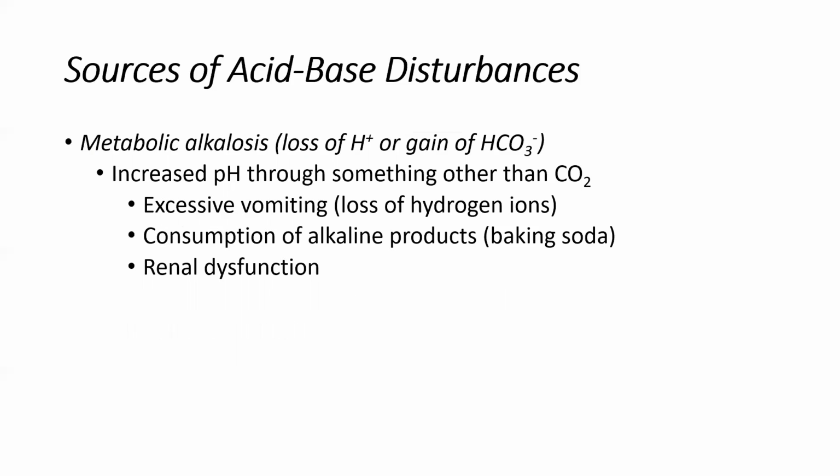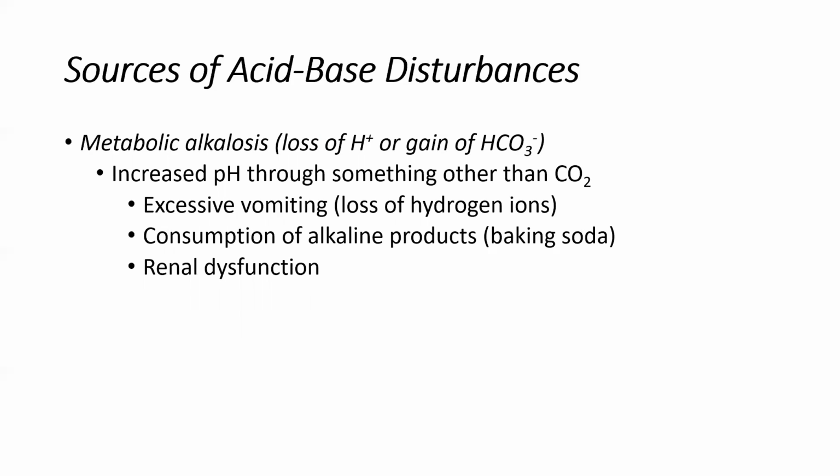Now, we can also be in the opposite scenario. This is a metabolic alkalosis. This is a state of excess loss of hydrogen ions or excess gain of bicarbonate that is created in some way other than through the lungs, other than via CO2. This can be caused by excess vomiting. Remember, the stomach has excess